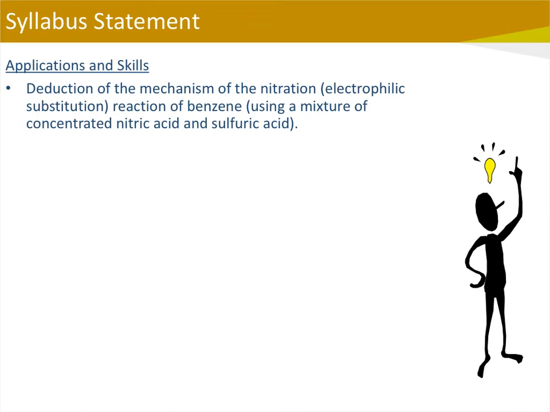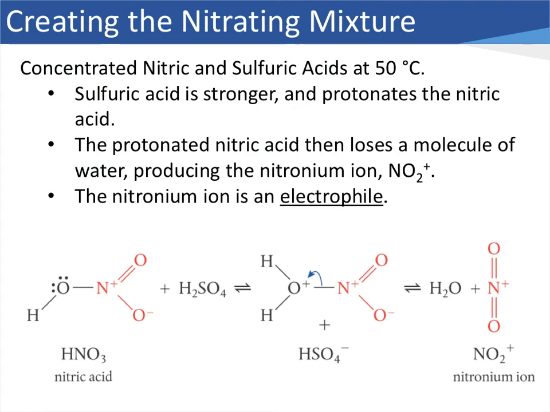So one of our syllabus statements is deduction of the mechanism of the nitration reaction of benzene using a mixture of concentrated nitric acid and sulfuric acid. So concentrated nitric and sulfuric acids are heated at 50 degrees Celsius in order to produce the electrophile, which is a nitronium ion. Sulfuric acid and nitric acid are both strong acids, but sulfuric acid is a stronger strong acid